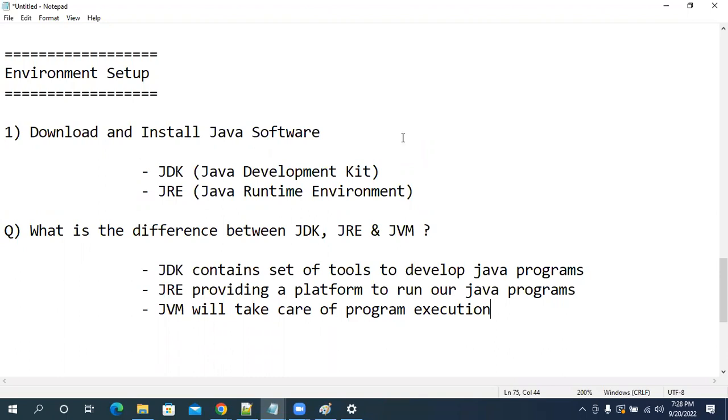Some people may install in the C drive. So we can change the path, right? By default, it has taken C program files. You may install Java in the D directory, or in the E directory. Java is installed in the machine, but my operating system doesn't know where exactly that Java software got installed.